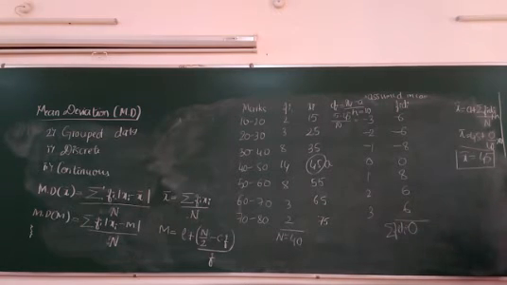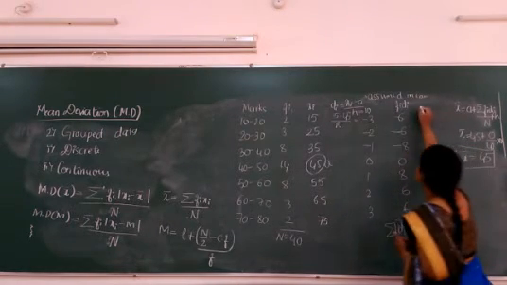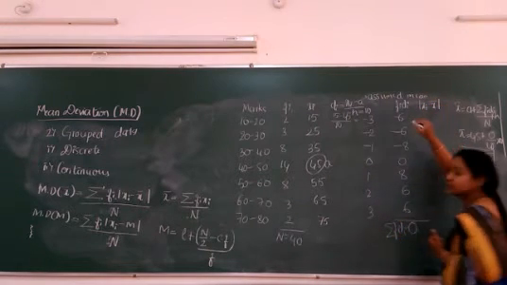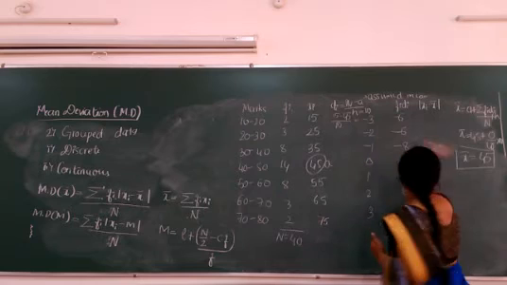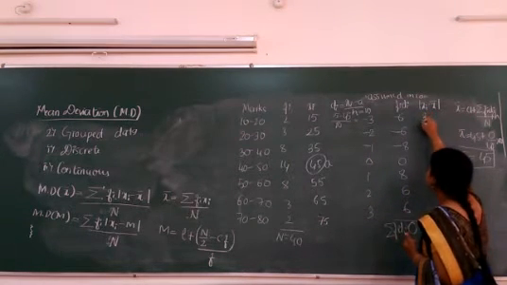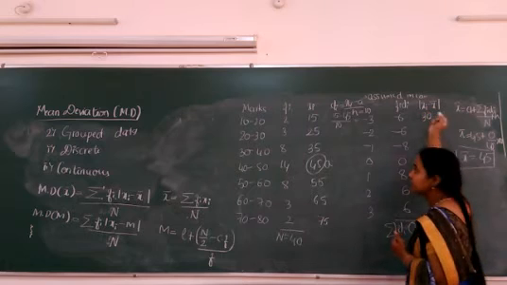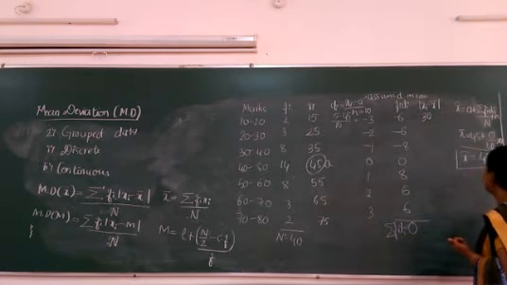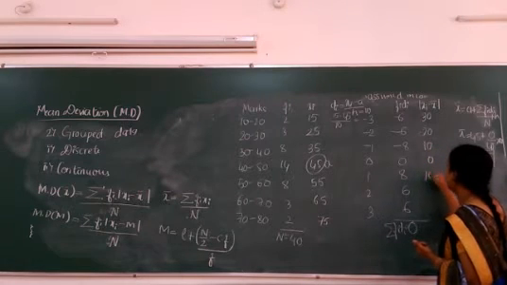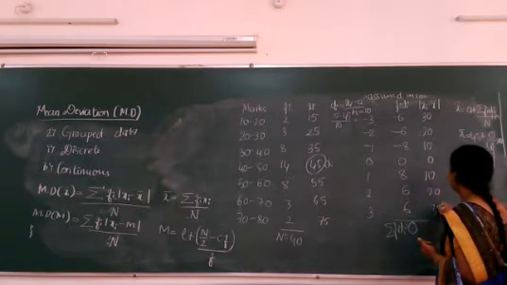Now we know the mean, so our next process becomes very easy. What do we need to calculate? The modulus of xi minus x bar. So it is 15 minus 45, which is 30. As it is a modulus, it becomes positive. Next it will be 20, 10, 0, 10, 20, 30.